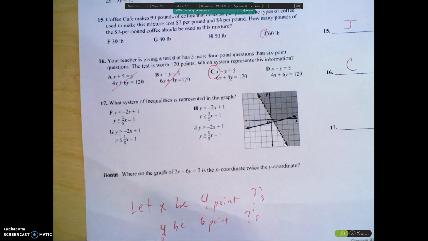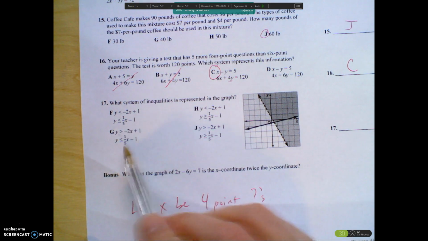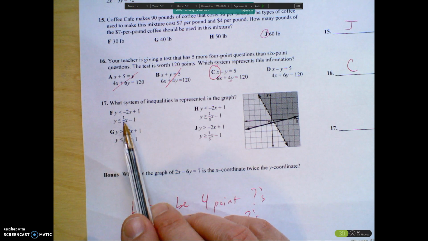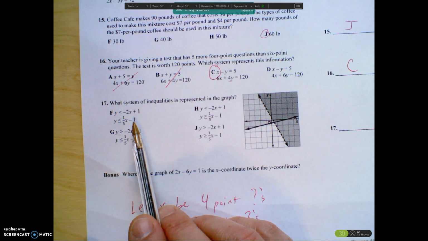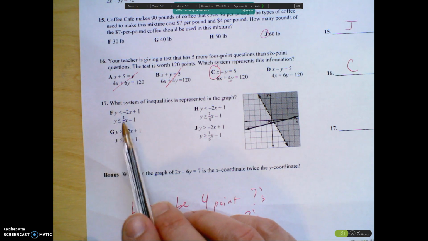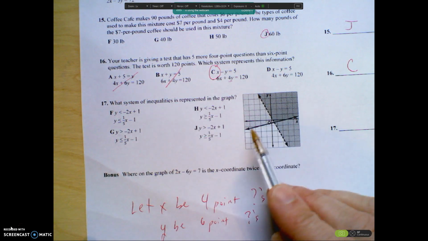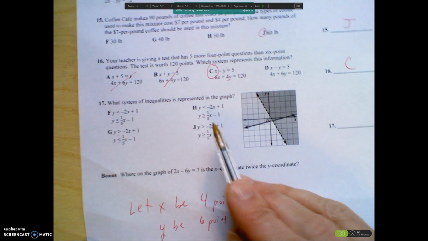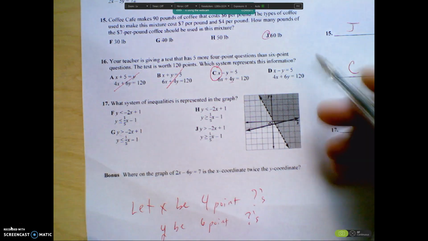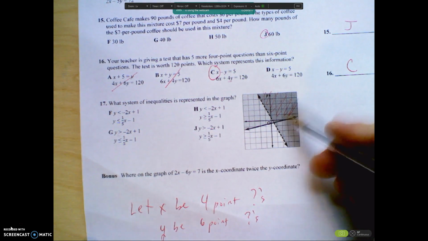Now let's look at the graphs. All right, so one system of inequalities. I'm looking at all the choices, and I see that they all have essentially the same equations, negative 2x plus 1 and 1/5 x minus 1. And they didn't do us any favors. The positive one, the positive equation or inequality, is always solid lined, right? So they're always greater than or equal to. So we can't find it out quick with that, but we do know that we're looking for that darkest shaded